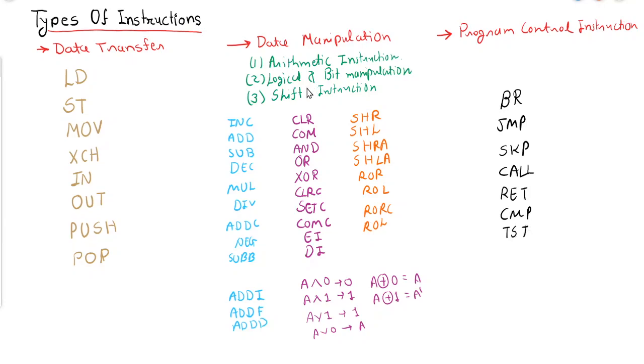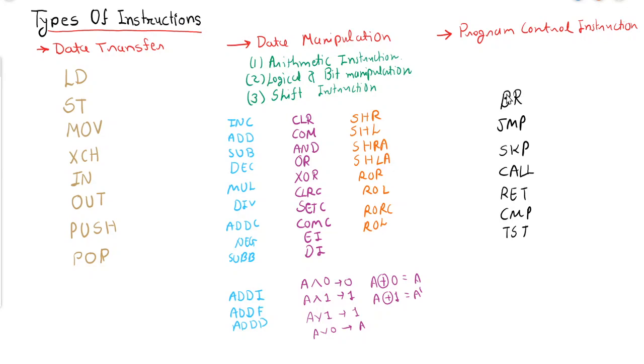Here, branch and jump instructions will be used whenever we want to transfer the flow of execution, or control of execution, from one place to another place. Normally in this instruction, the value of the program counter will be updated. A new value will be loaded. So in the instruction, whatever address is specified, that address will be loaded into the program counter. There are two types of branch and jump, conditional and unconditional.